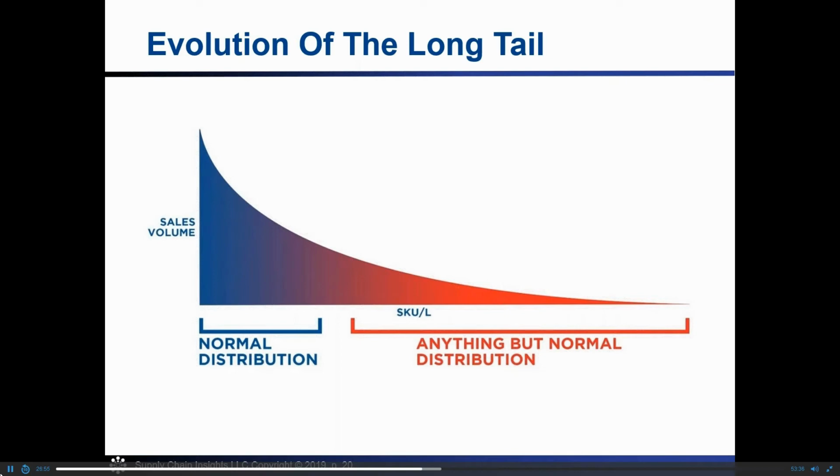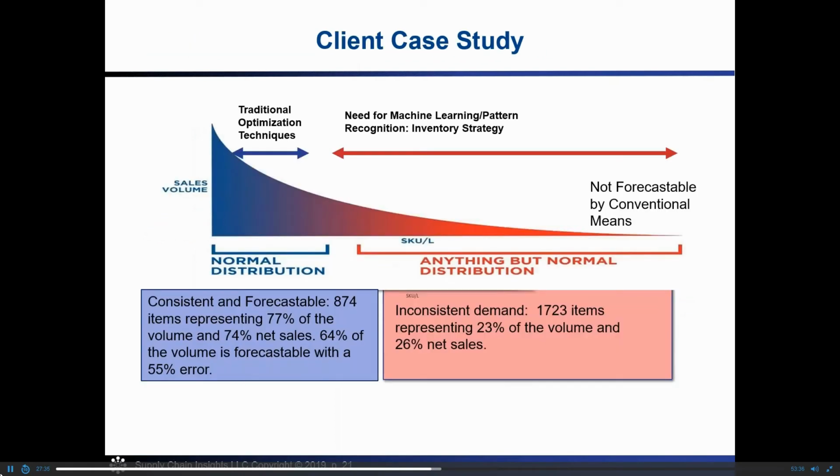Demand error and how much is acceptable is sort of like asking how tall is a man, right? They come in all different sizes. Demand error, the median in consumer products is 33%. Some people are down into 20%, but on the long tail, demand error can be 60 to 70%. In consumer electronics, you'll see demand error of 60%, 70%. And that's error. So we've got to design the supply chain to use the error. The error gets into inventory strategies and what to do with that error.